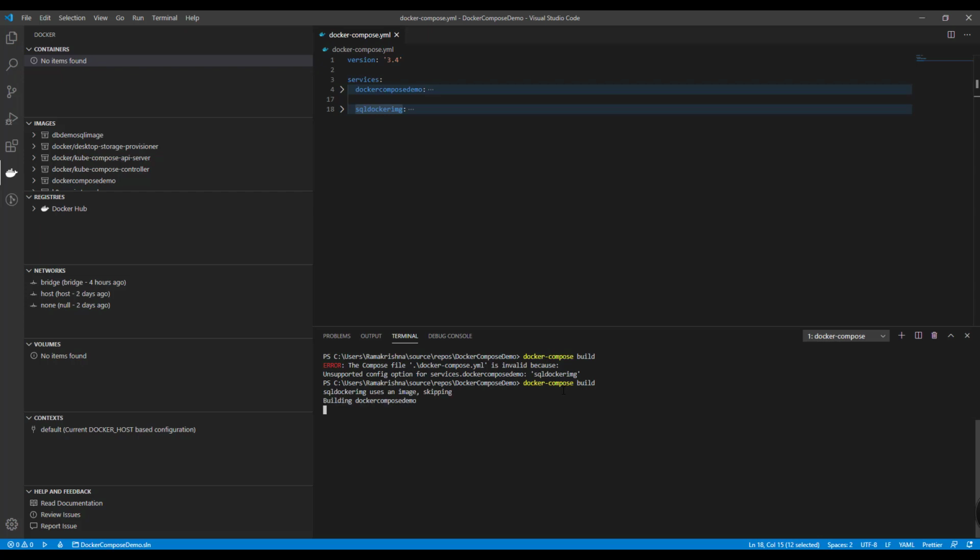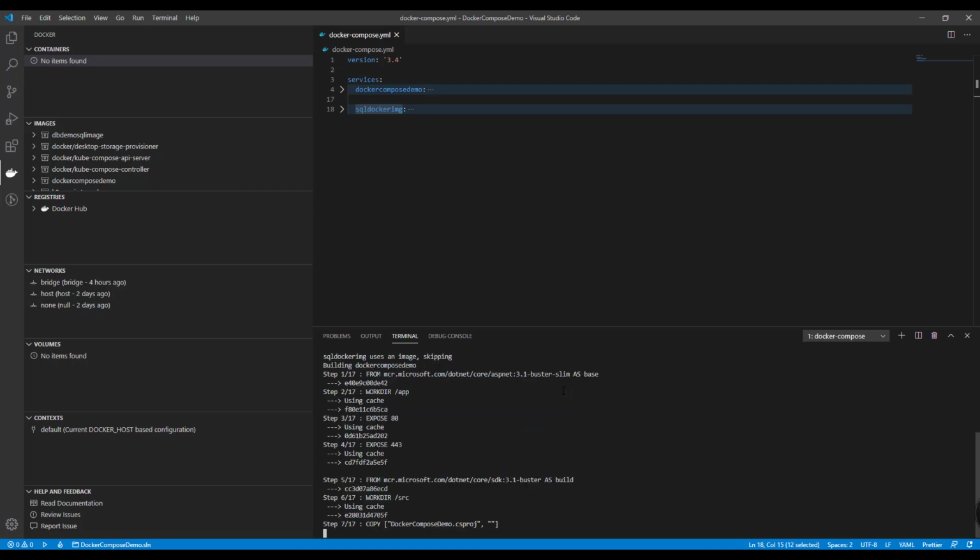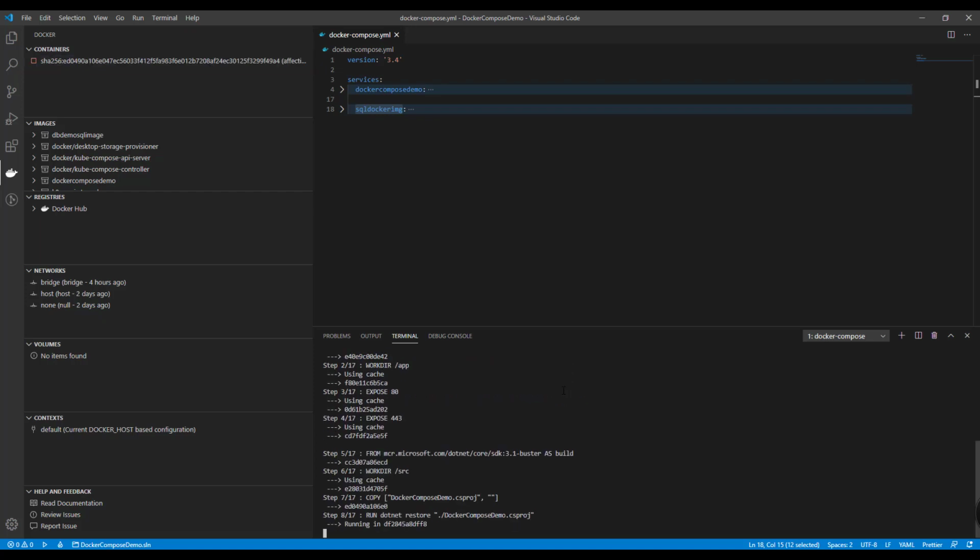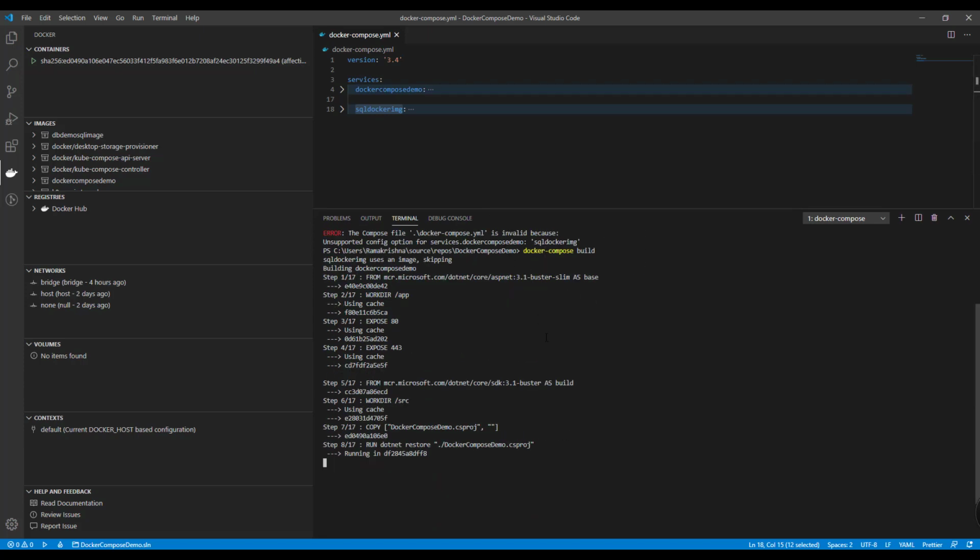It started to build the application or Docker images. If you can see the steps, it is self-explanatory. It is accessing the Dockerfile and it started to build the Docker images.